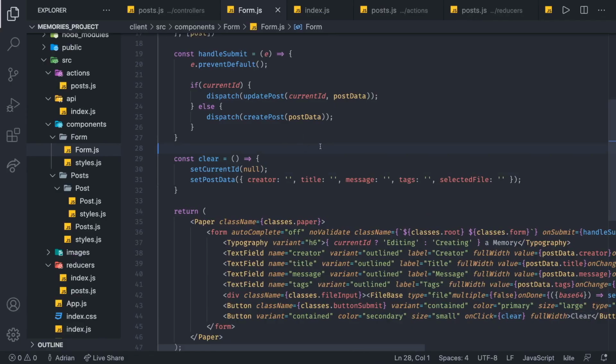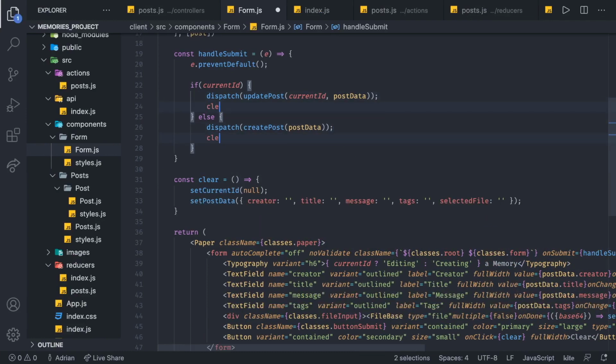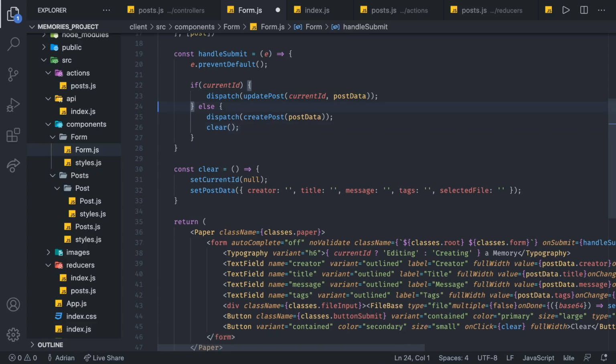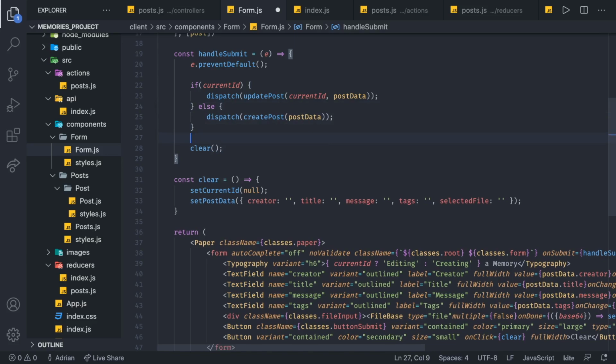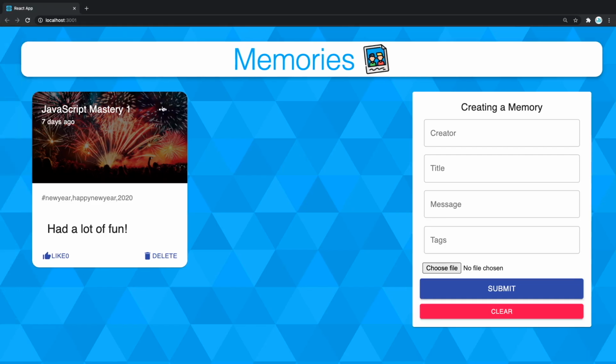But we also want to call clear function once we edit or once we create a new form. So that's gonna be clear right there, or even better, since we'll be using clear at both times, no matter the if or the else, we're gonna call it at the end right here. I'll save it and go back and see if it works. Okay, I'm gonna change this to JavaScript mastery 2 this time, and let's click submit. As you can see, this returned to normal,